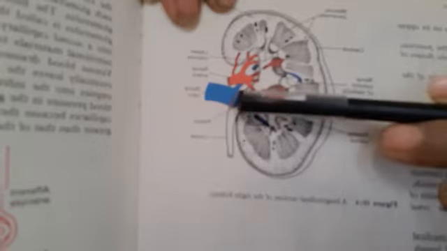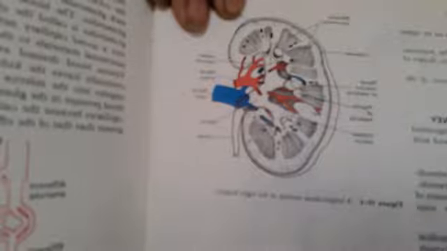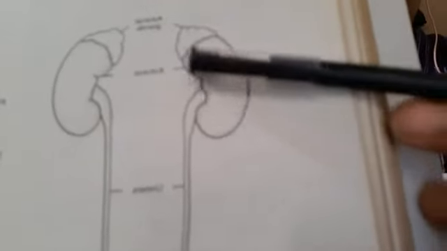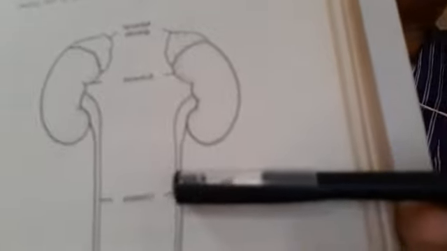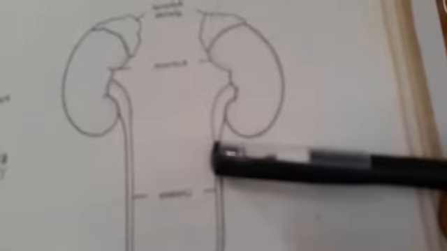Clear? This is the ureter. This is the ureter coming out of the kidney. These ureters are 35 to 40 centimeter long, consisting of transitional epithelium, and they open in the urinary bladder. Clear? And the urinary bladder is a pear shaped structure, which has a thick muscular wall and the transitional epithelium which allows it to expand. Clear?